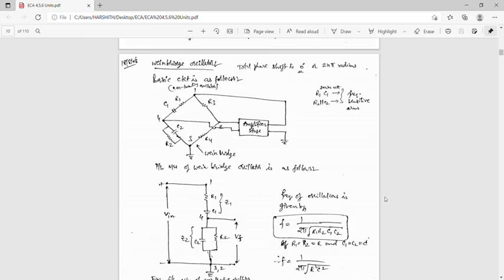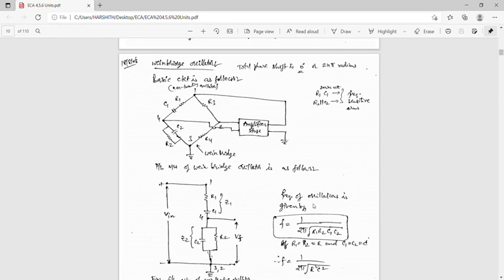Good morning to all. In the last classes we discussed oscillators and the Barkhausen criteria. Oscillators are of two types: LC oscillators and RC oscillators. The RC oscillators are the RC phase shift oscillator and the Wien-Bridge oscillator. The RC phase shift oscillator is over, and the next one is the Wien-Bridge oscillator.